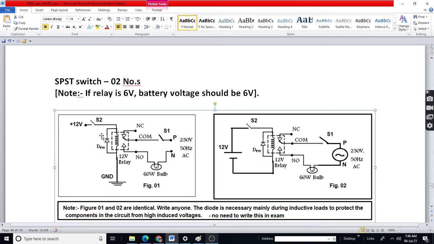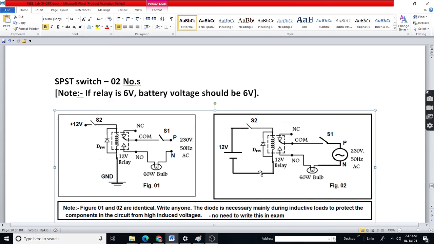If you have something in the series of this path, when you switch off the relay, induced voltage will come, and to protect that transistor from high induced voltages, we put a freewheeling diode DFW, so that induced voltage is not created and a loop is given here.